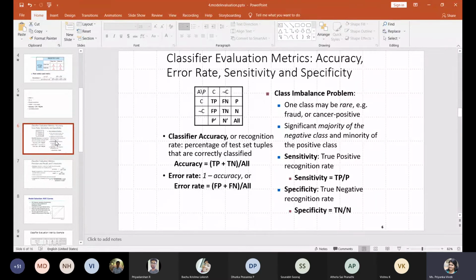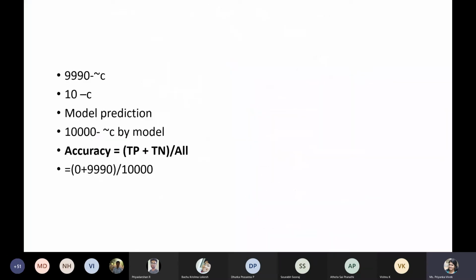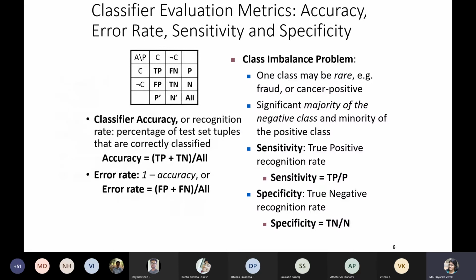When it's a buy computer, yes or no, maybe it's not so critical, or when it is spam or ham, maybe it's not so critical. But when you talk about a cancer patient, misleading him that he does not have cancer is very, very critical and very incorrect. There your model actually fails. That is why accuracy is not always the one metric we choose. We have all other sorts of